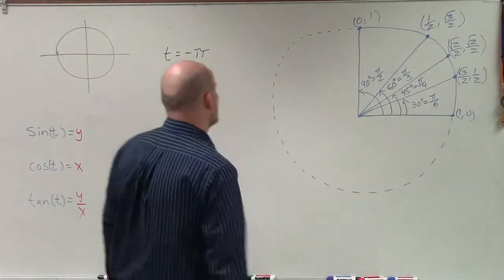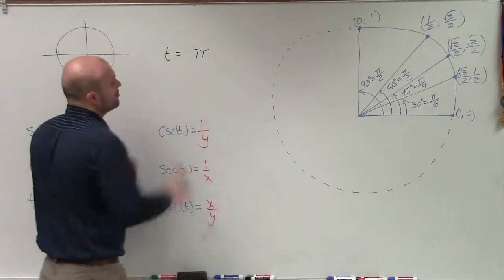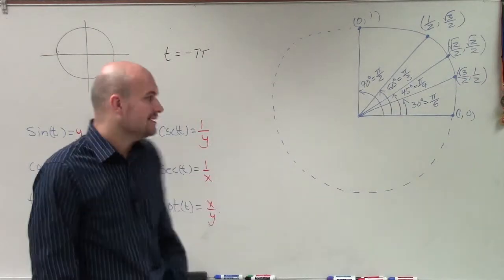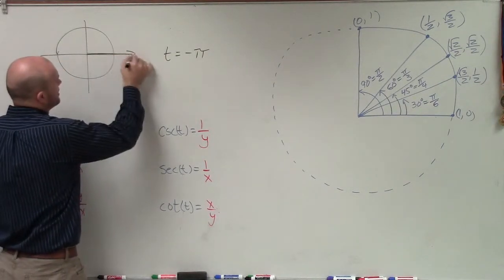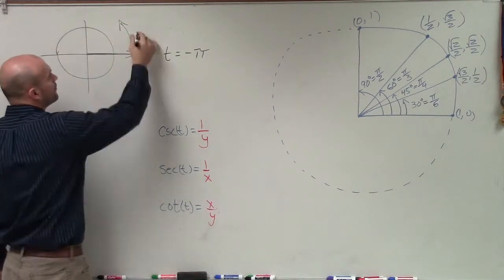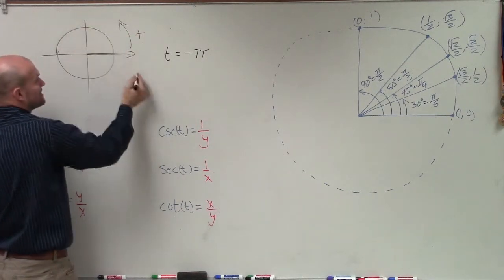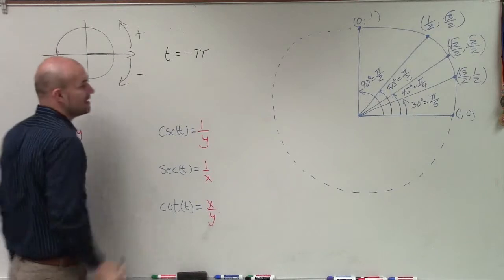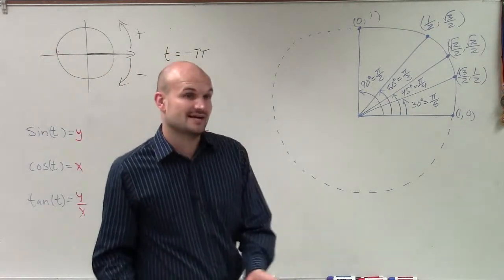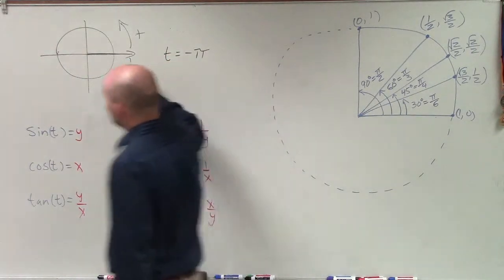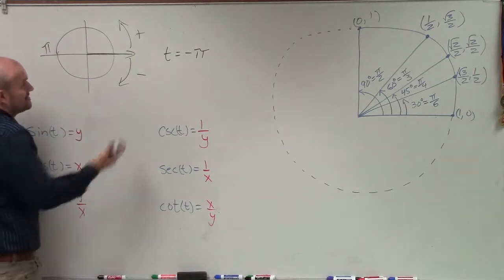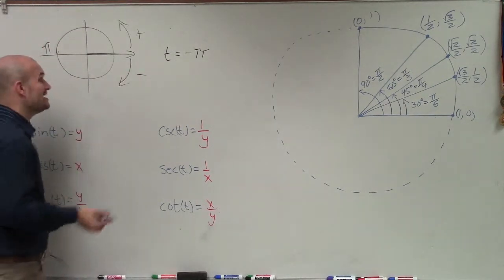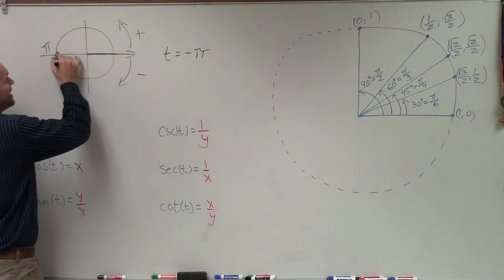What we want to do is evaluate the 6 trigonometric functions for our point at negative pi. Now remember, when we're drawing an angle, and we start on the initial side, when we rotate counterclockwise, that's in the positive direction, and when we rotate clockwise, that's going to be an angle in the negative direction. And we know that halfway around a circle is going to be pi radians. So actually, it doesn't really matter if it's negative pi or positive pi, but the point that my angle is